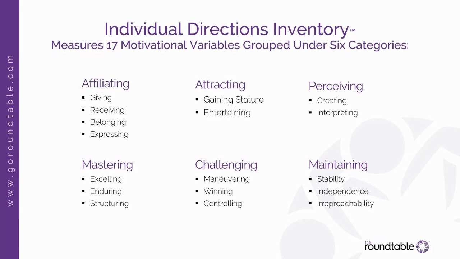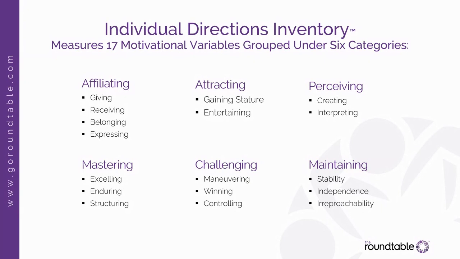Because high excelling people, it is across all aspects of their life. They have to be the best wife, the best husband, the best child, the best employee, the best parent teacher council person, the best. It is every part of their life. People who are lower on excelling have a much easier time picking and choosing, and they'll go, I'm not the greatest tennis player, but I just enjoy doing it as a hobby. I'm not going to beat myself up for not being the best.